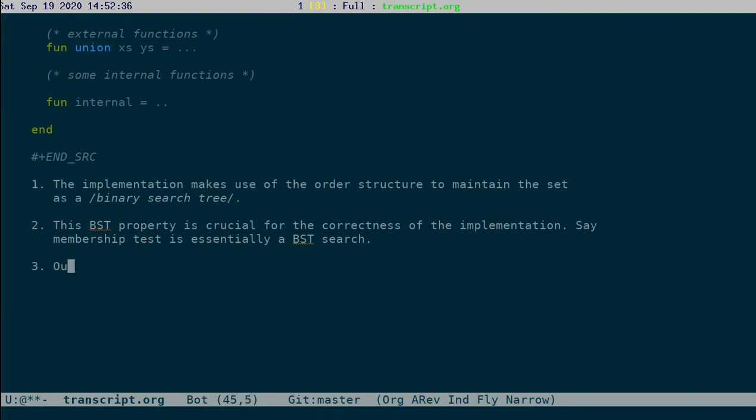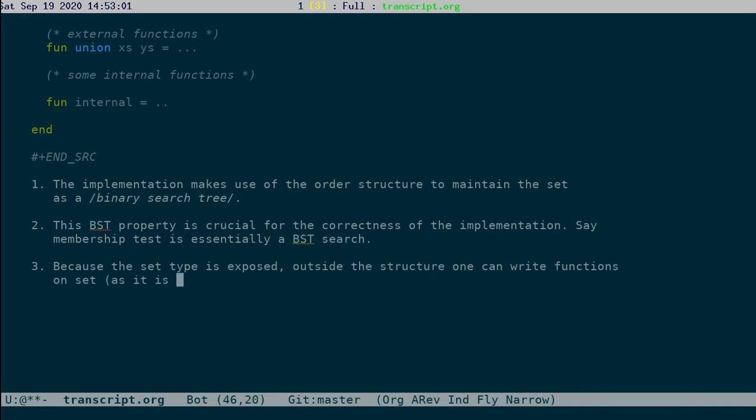Because the set type is exposed outside the structure, one can write functions on set.